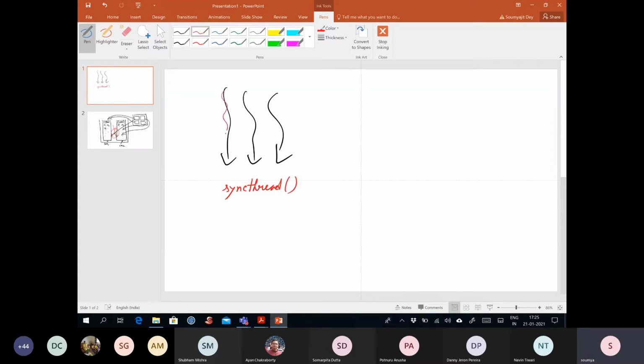So these are all threads inside a block, right? Suppose these threads have executed and these guys still have not reached this program point. So these guys are going to wait here until all the threads come, and only then will they all move forward again, right?